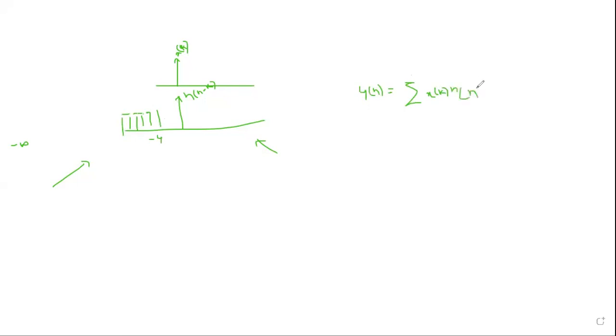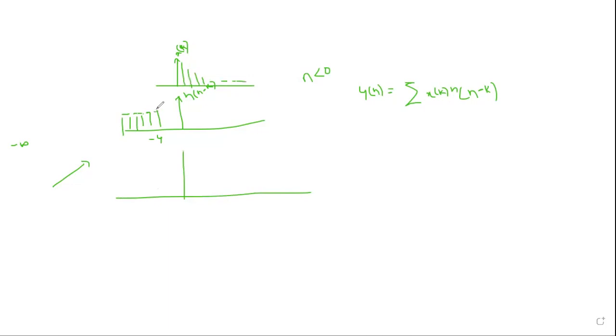I have considered the case where n is less than 0. Minus 4 is the example that I have taken. What do you think? Will there be any overlap? No, sir. So what is the problem here? First, I have not drawn this particular thing on the right side. This is the right side, and these values continue till infinity. Now, is there any overlap?